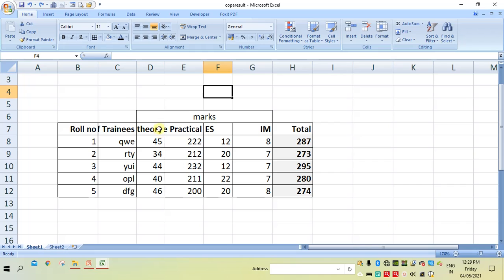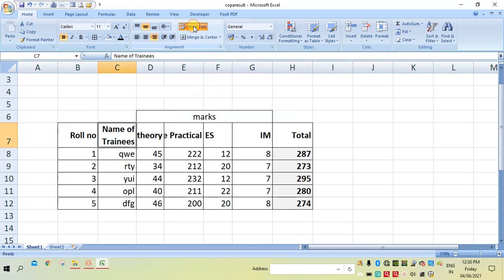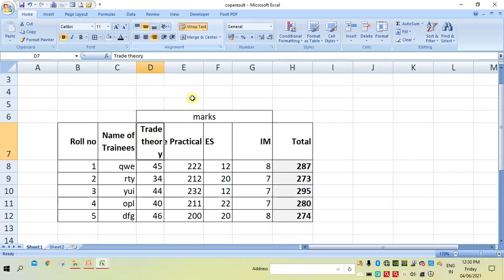Here also we have the same problem. So now to wrap the text, select and then click on the wrap text option. You can see here the name of the train, the complete content, is visible in this cell. Similarly you can apply for this, so that each cell's content can be visible.